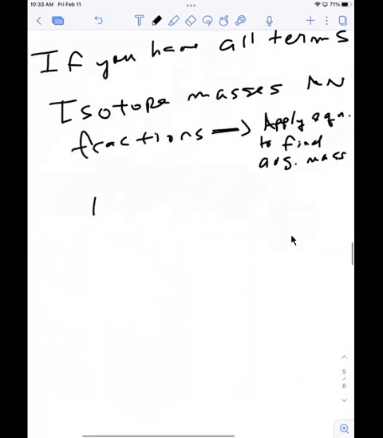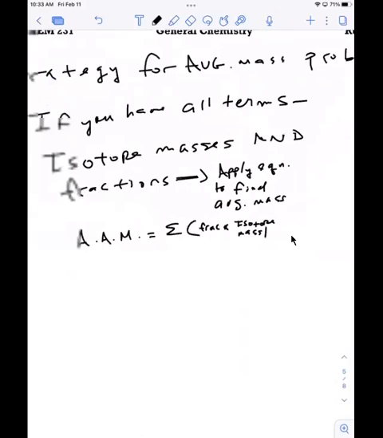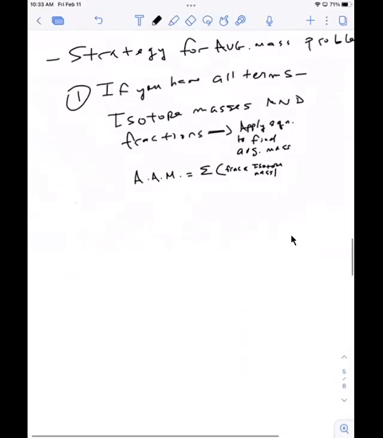Again, average atomic mass is the sum of fractions times isotope mass. Anytime you're missing fractions,